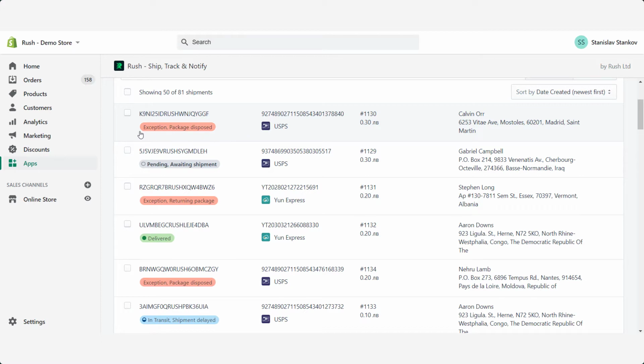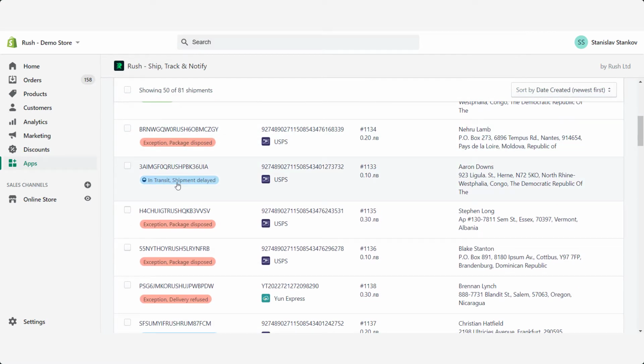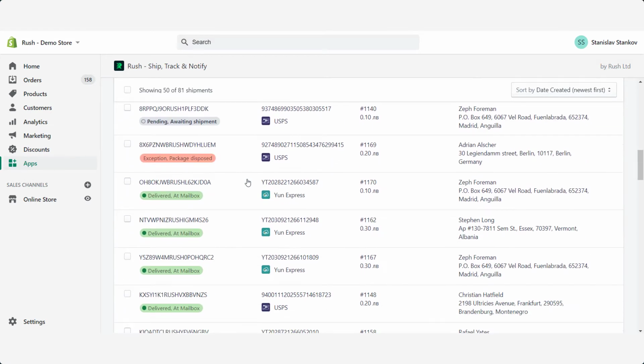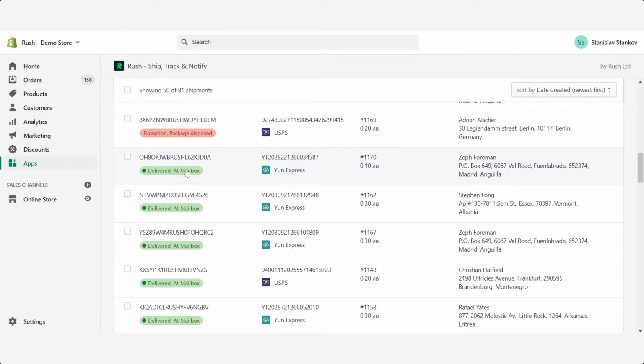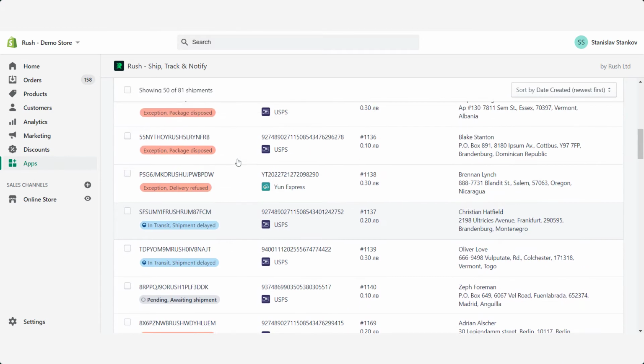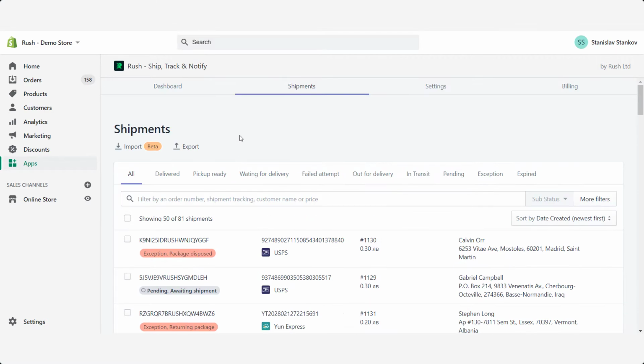What I mean by that is that you can see right now, for this specific shipping tracking number, we have an exception, which is the main status, and package disposed is the substatus. If I scroll down, you can see we have in transit and shipment delayed substatus. If I scroll down, you can see I have delivered, which is the main status, and add the mailbox. So for the sake of the demo, I'm going to pick a main status, and we can speak about substatuses